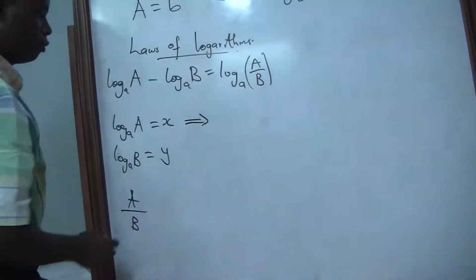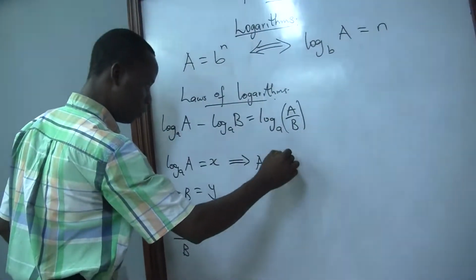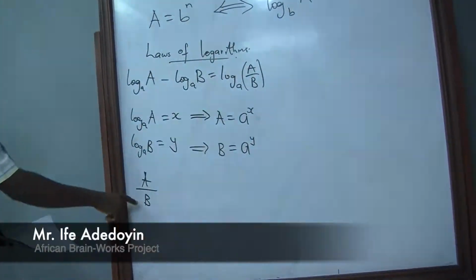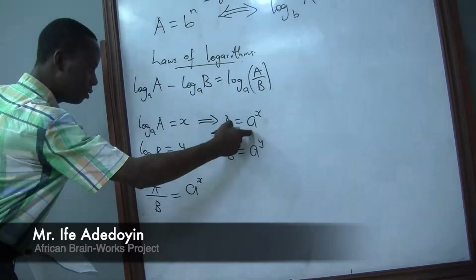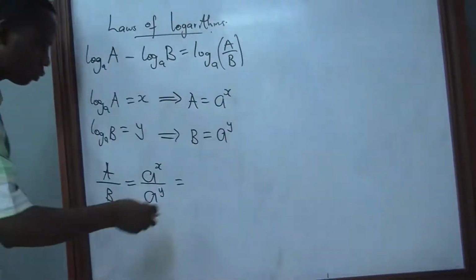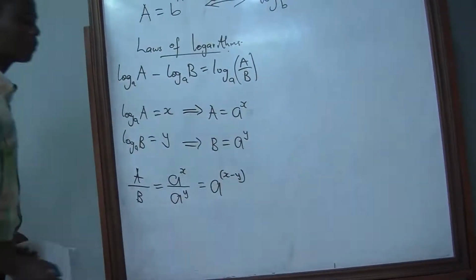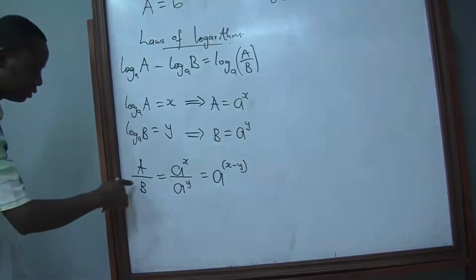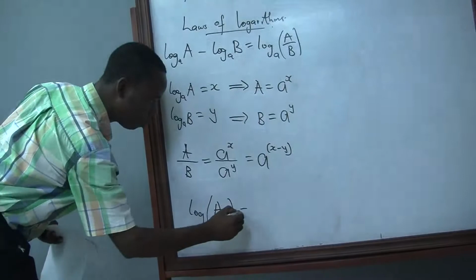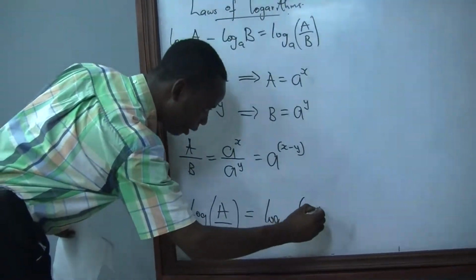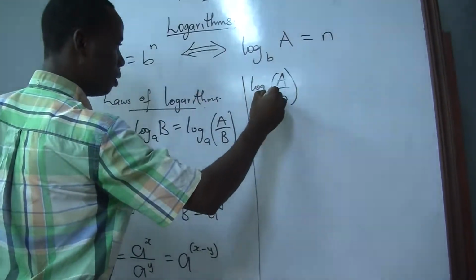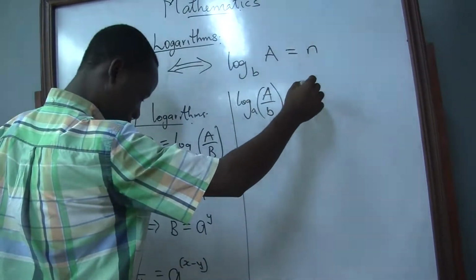Because we know from here we're going to have our A equals A raised to the power of X, and here also we're going to have our B equals A raised to the power of Y. So if we're dividing A by B, this will equal A raised to the power of X all over A raised to the power of Y, which according to our law of indices equals A raised to the power of X minus Y. So if we're taking the log of this side and this side, that will be log of A all over B in base A equals log of A raised to the power of X minus Y in base A, which equals X minus Y